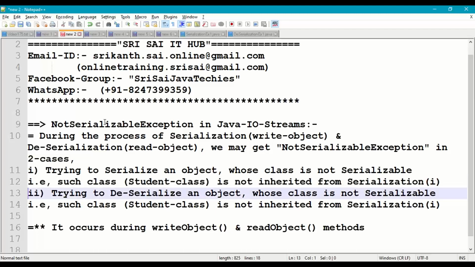And second case is trying to deserialize an object whose class is not serializable. So for example, we are performing deserialization on student class object, but student class is not inherited from serializable interface. In that situation, we are going to get not serializable exception, and it occurs mainly during serialization write object method and deserialization read object method.